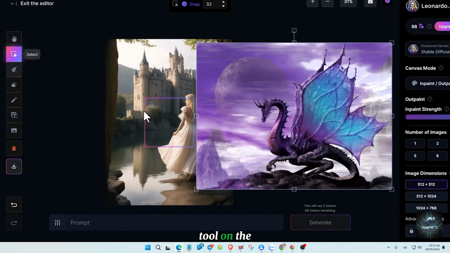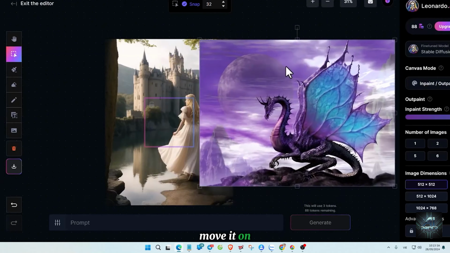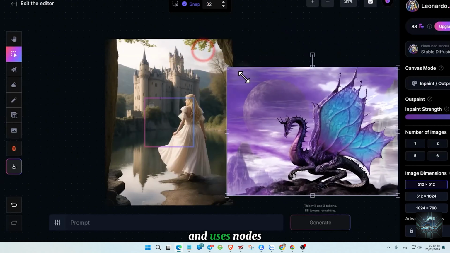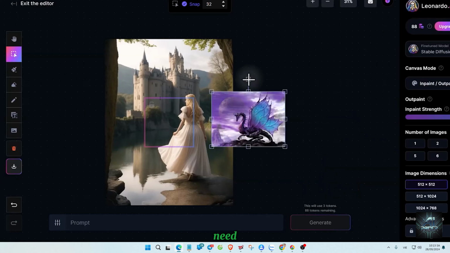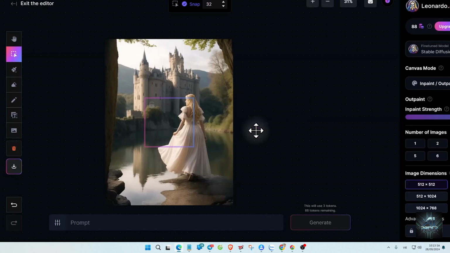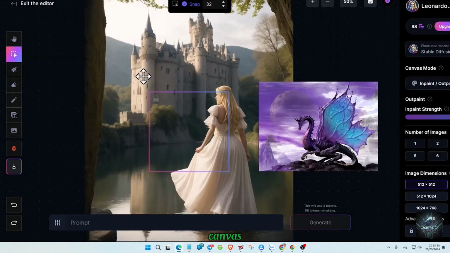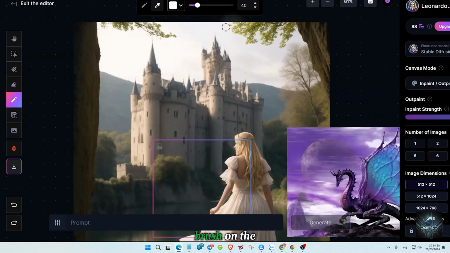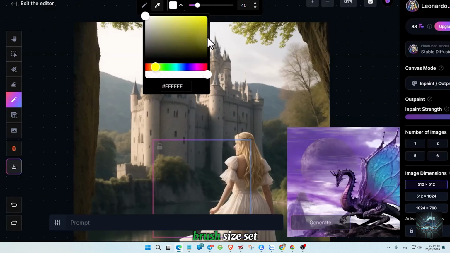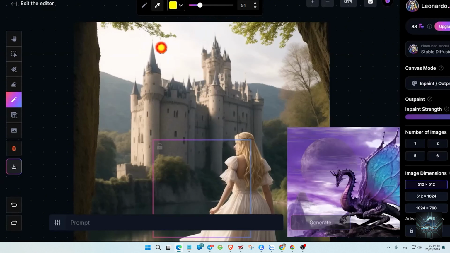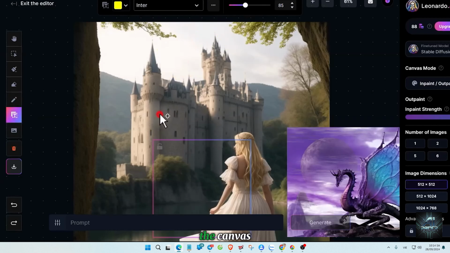Enable the Select tool on the left to click and select any image. Drag it to move it on the canvas, and use its nodes to scale and rotate as you need. To remove any image, just select it and use the backspace key. Other tools allow you to add extra elements on your canvas. Use Sketch to brush on the image, with color and brush size set on top. And enable Text to click and type text on the canvas,